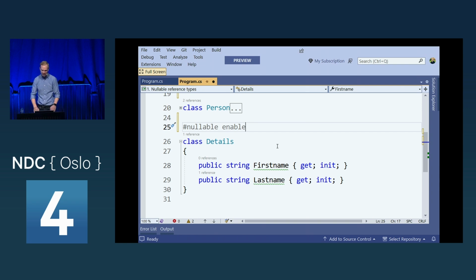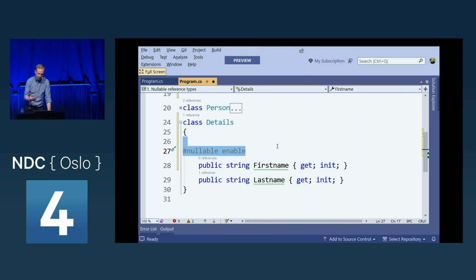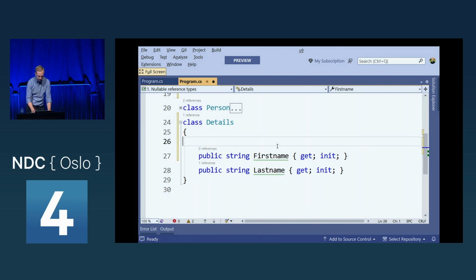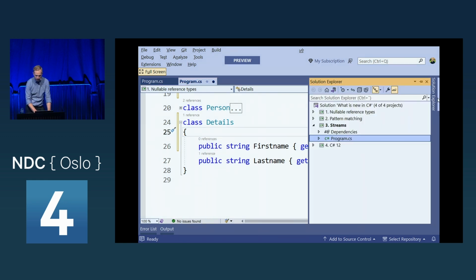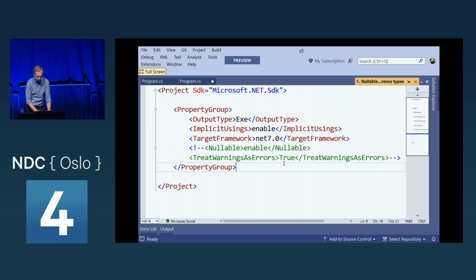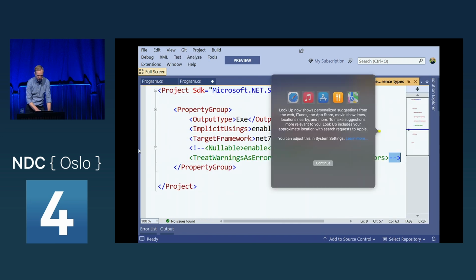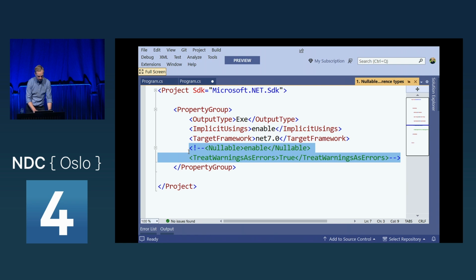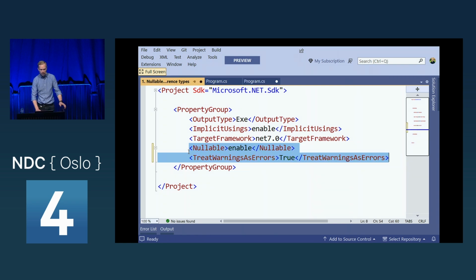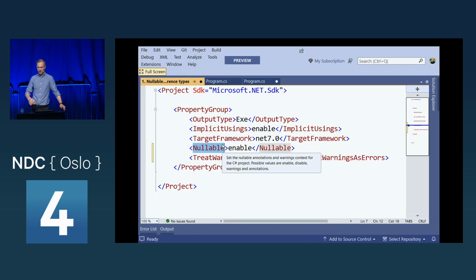So I want to enable this instead of doing this per class. It's a good option if I want to refactor an older version of my application: I can go ahead and enable this for a class, a method, just a field if I wanted to do that. But honestly, what I want to do here is that instead of doing it per line, I want to go into the project file and say that I want to enable this language feature. And now I've enabled these nullable reference types.